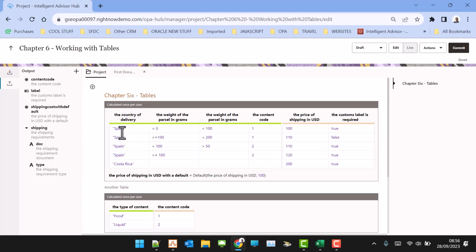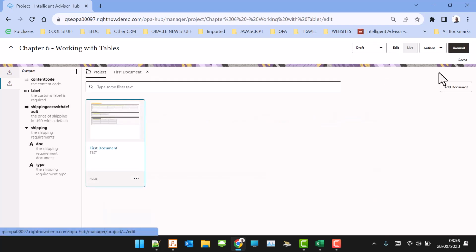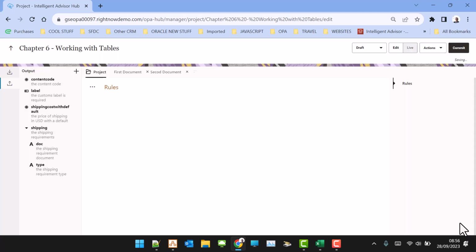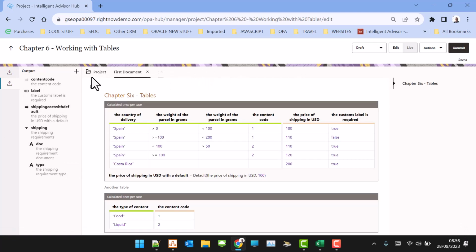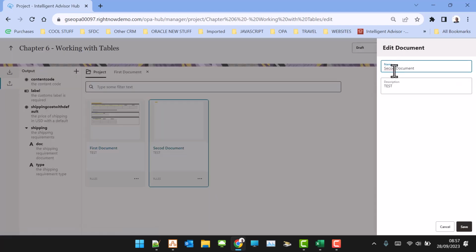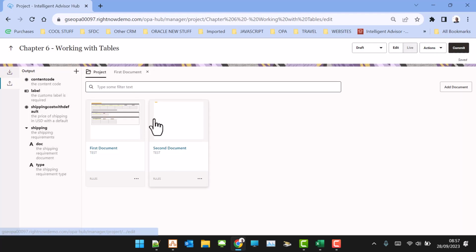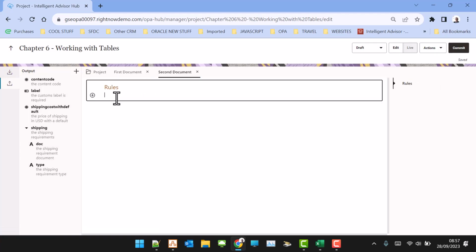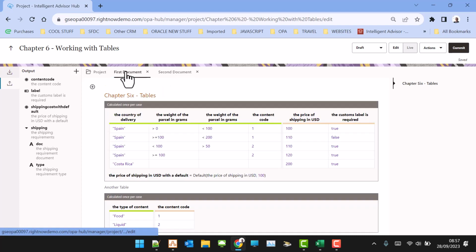So when I open it, we'll see the first document, but also I can go back to the project page and add a document, and now I can name it, complete with spelling mistakes, so let's change that. Let's go back and change this. As you can see, I can also edit, and I can also delete a document if I need to. So now I have the ability to switch between the documents, create rules in both documents, and as we saw